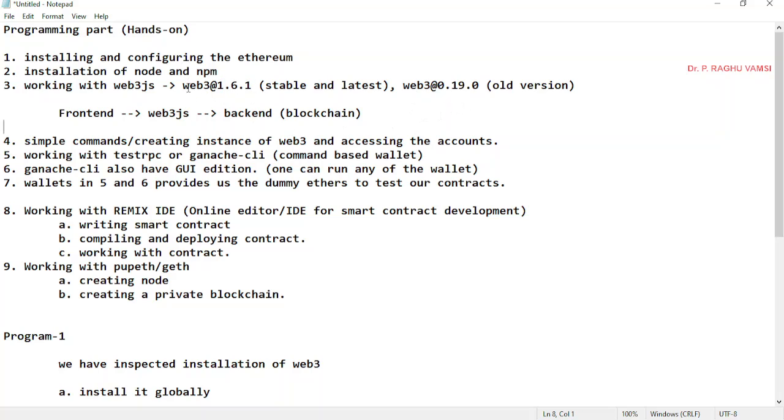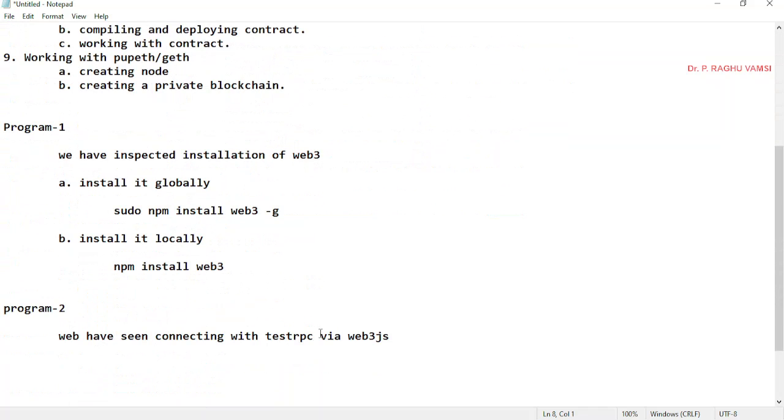The first program that I have shown you, connecting with the test RPC and showing the dummy accounts via Web3.js, has been made using Web3 1.6.1.